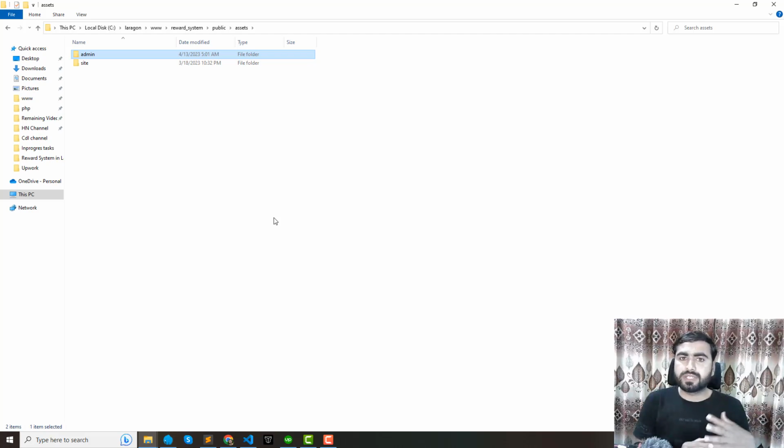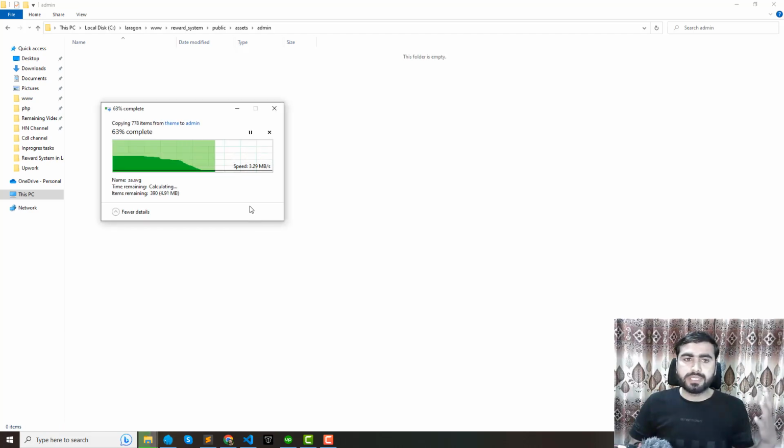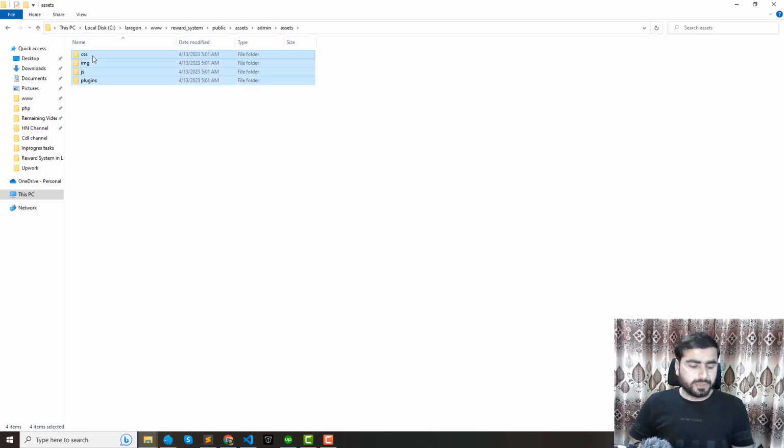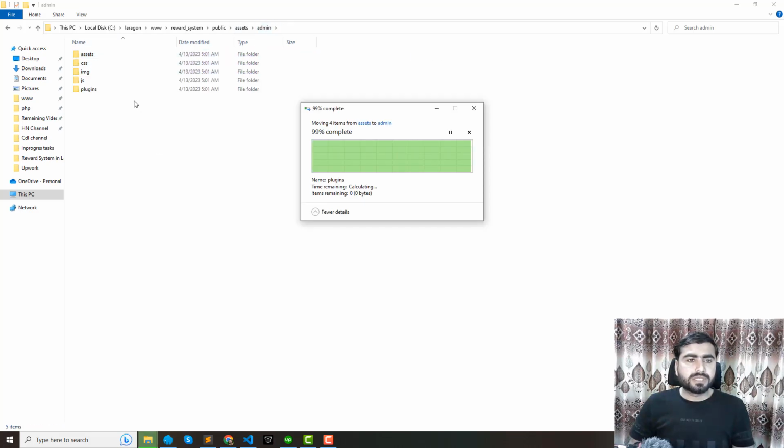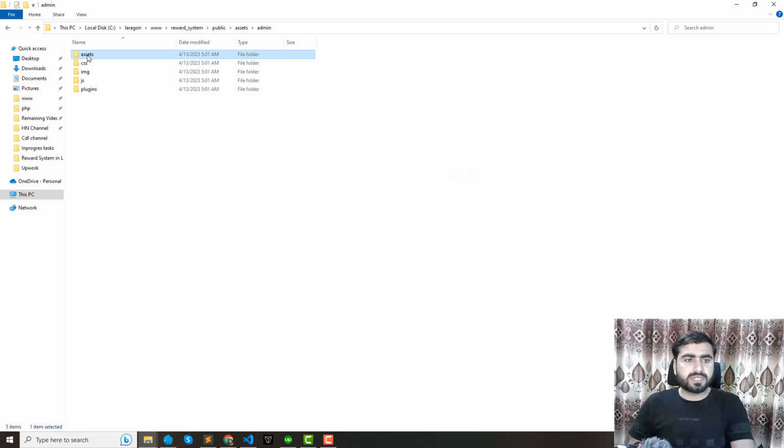Because in future if I want to change my dashboard, I can easily remove all of the stuff from the admin, and then add new dashboard assets here, right? So this is the way we are adding this, to make sure that we can change it without changing everything in the project. So this is a good thing. You need to follow the same steps. It will save you a lot of time in future if you want to